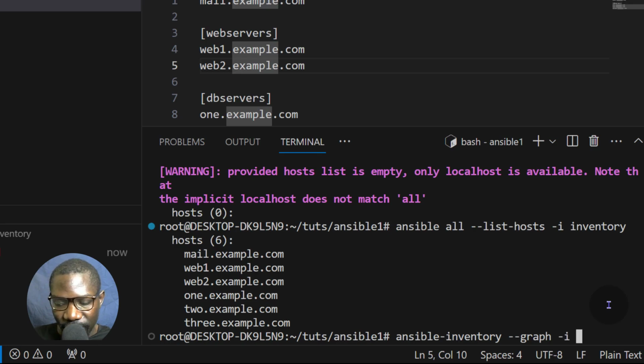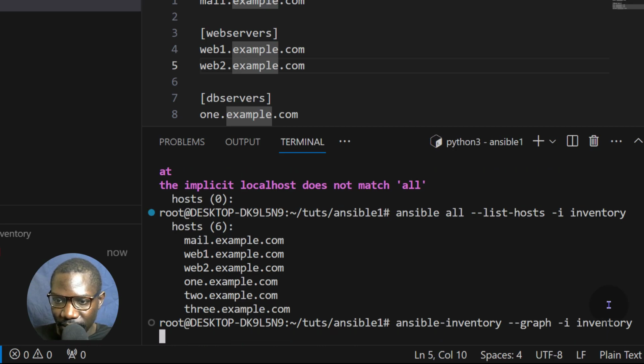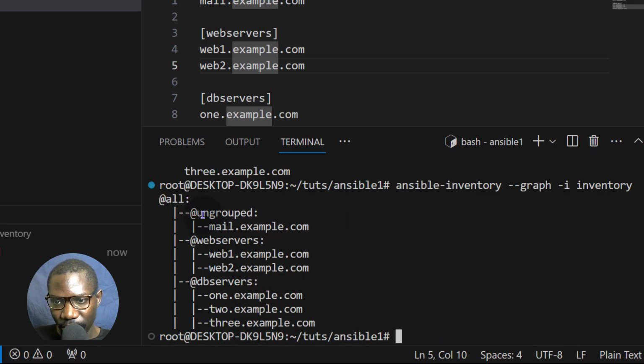We're going to get rid of this -i very soon. Just wait a moment. Inventory, enter. And it's going to show you how they're grouped. Ungrouped, we have one. Web servers, these are the web servers. DB servers, these are the DB servers. So one step at a time.